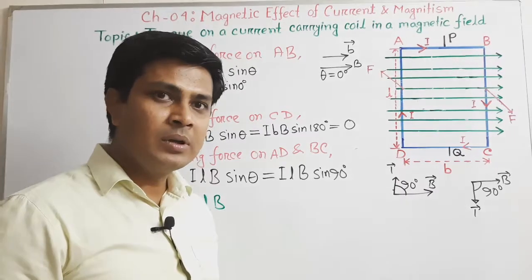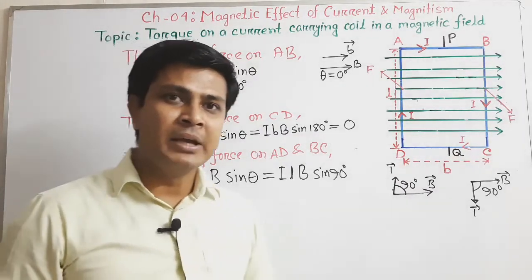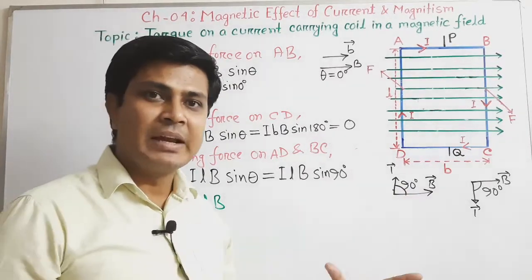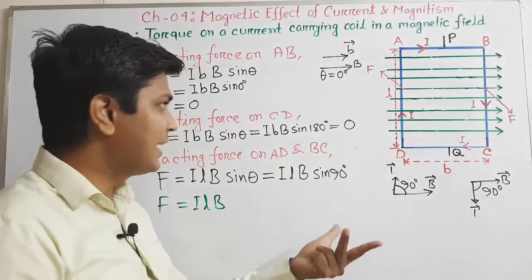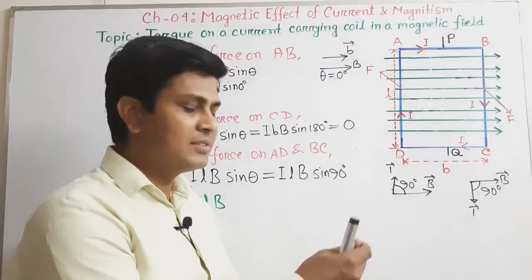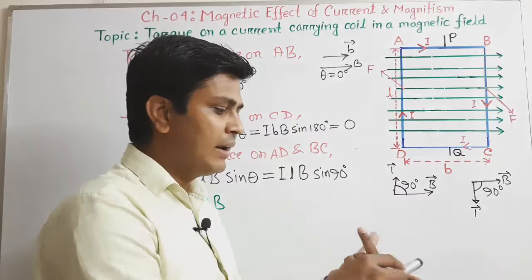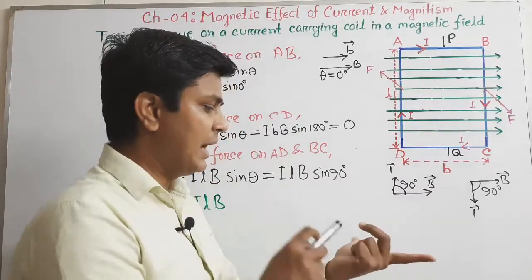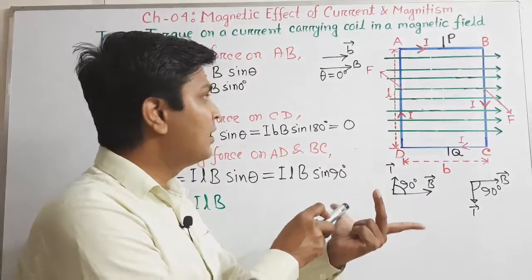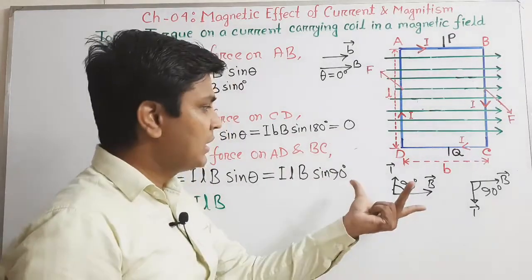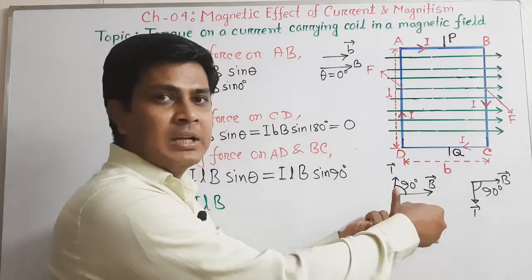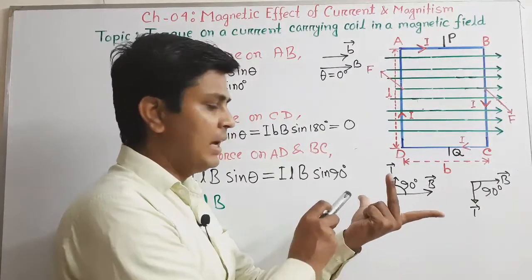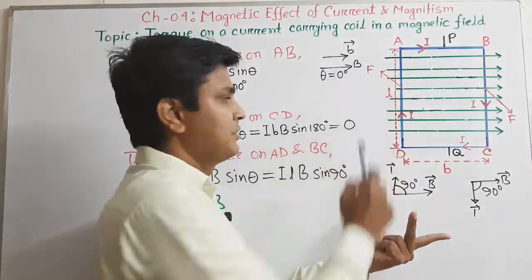Let's see how. We have to apply Fleming's left hand rule, which you have already learned in your earlier class. Let's see it again. This finger indicates the direction of the current, this finger indicates the direction of the magnetic field, and that finger indicates the direction of the force. In that condition, current flows in the upward direction, the magnetic field acts in the forward direction, and the force acts in that direction.